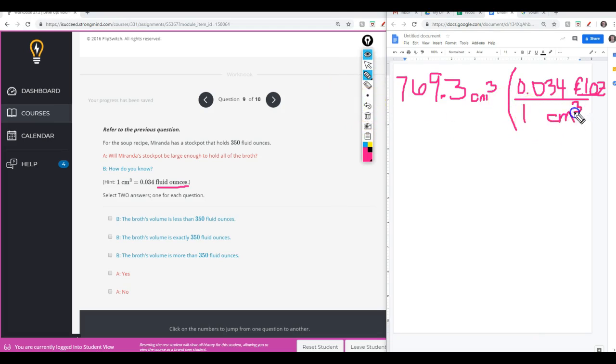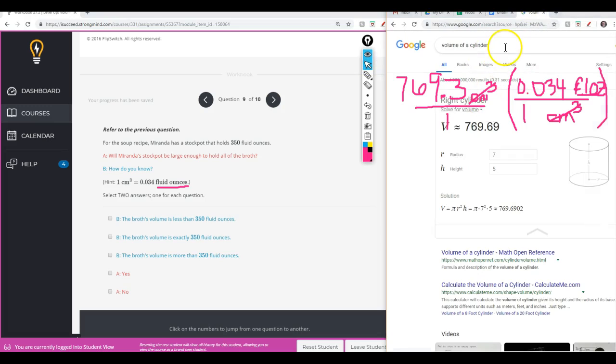And notice that right here we have a centimeter cubed and a centimeter cubed over 1. So like this, we have centimeters cubed in the numerator and in the denominator. So they would reduce out, and so that's why we would only be left with fluid ounces in the numerator for our final product. So we're going to jump over here, and I'm just going to type in calculator,